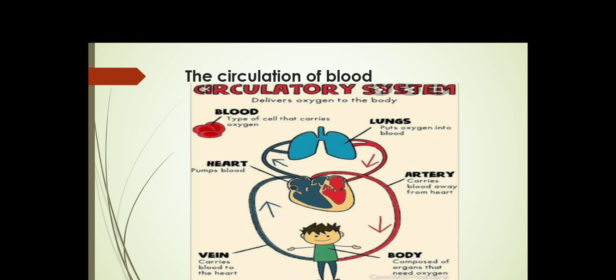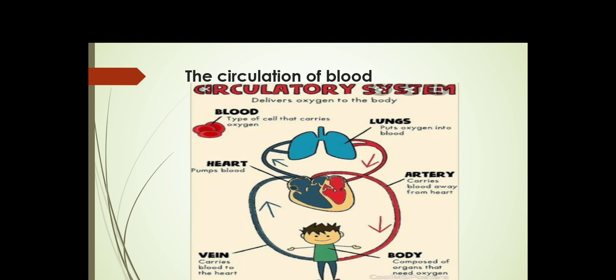So I repeat once again. In the picture, wherever you see the blue color, the vein, and the right side of the heart, it is blue in color. So it is the impure blood. And the left side of the heart and the artery, it is bright red in color. That is the pure blood. So blood will enter through the right side of the heart.